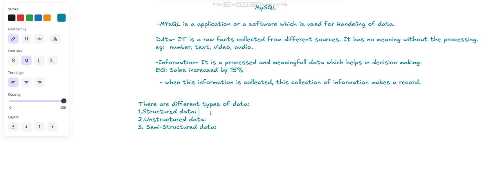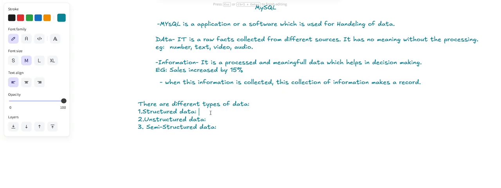From the term structured data, you will be able to understand a few points, right? The data which has been structured, in a particular manner, so it can be understood by us, right? That is structured data.